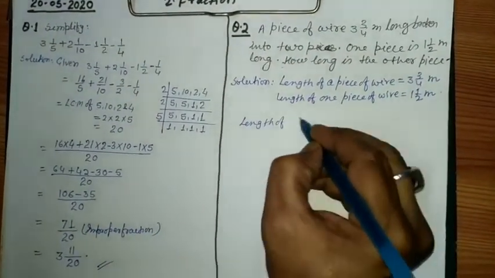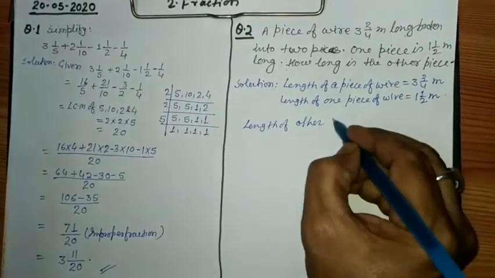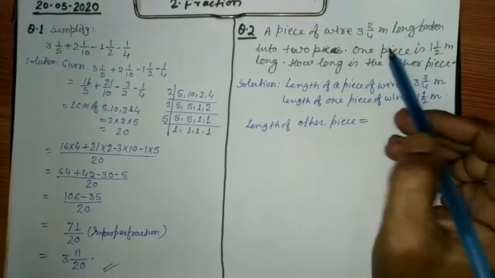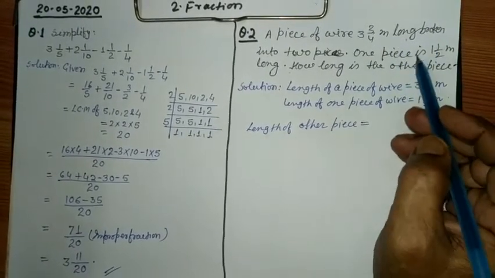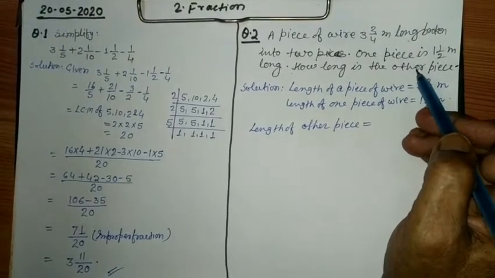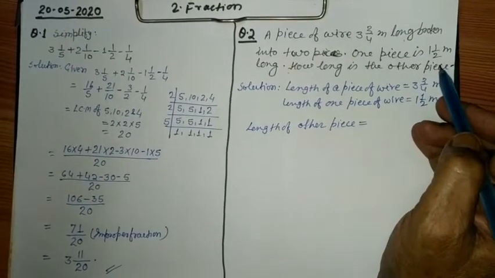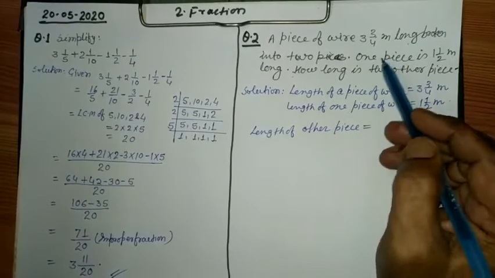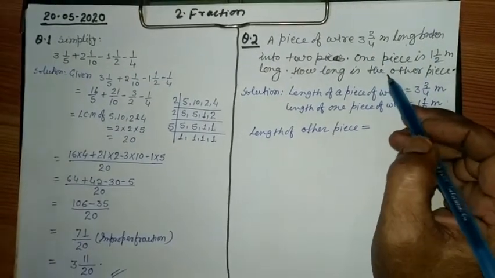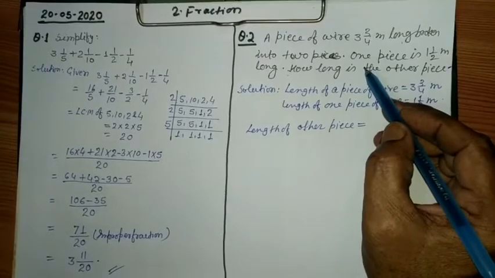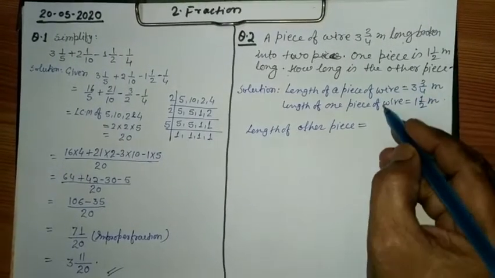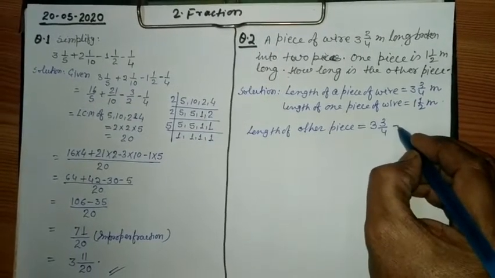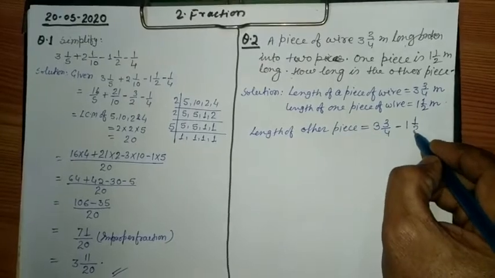Length of other piece equal to, as we know, the total length is given and one piece length is also given, then the other piece length will be total length minus the length of one piece, as we get 3 whole 3 upon 4 minus 1 whole 1 upon 2